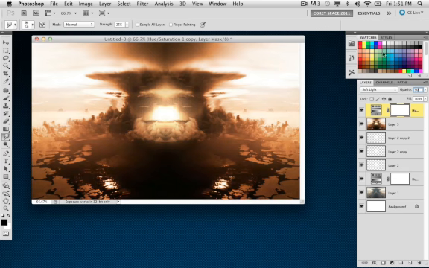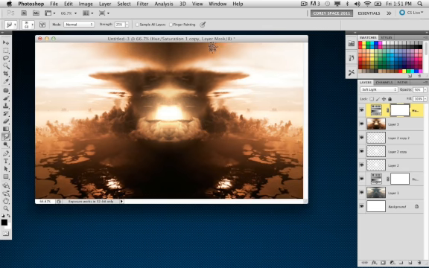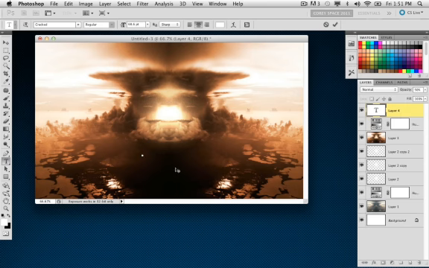But the full strength is just way too much. So a duplicate of the original adjustment layer, putting it at the very top of the layer order, just adds a little bit of richness to the overall image here. All right, so let's, like I said a little moment ago, add a text element to this. So I'm going to go ahead and grab my text tool, and let's just set a text layer. And we'll do